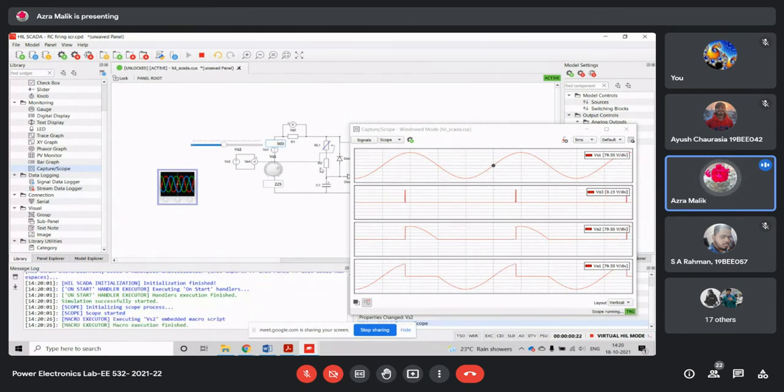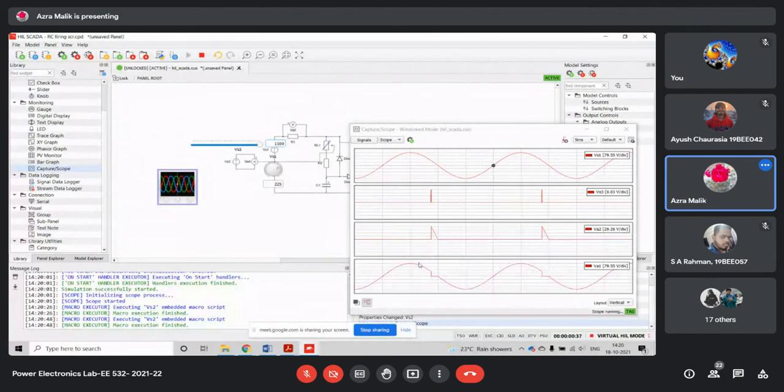You can see as this variable resistor is changing, the waveform is changing too, and the thyristor's firing angle changes and it turns on at this particular point when we change the value to 500. Once we change it to the maximum value, that is 1100, you can see that it turns on at this point. So according to the variable resistor, the firing angle of SCR is changing.